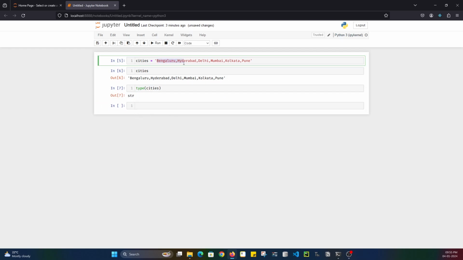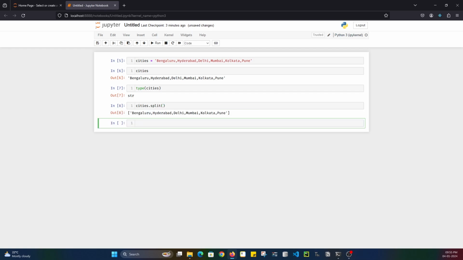Now to split this particular string into different cities, what we can do is cities dot split, and if I do shift enter, see, there is one mistake that I made, which is I did not pass any argument, so it just returned back the string. This is the whole string inside a list. Fine. So to process it properly, I need to put a comma, and if I do shift and enter,